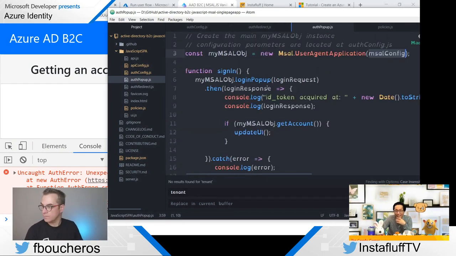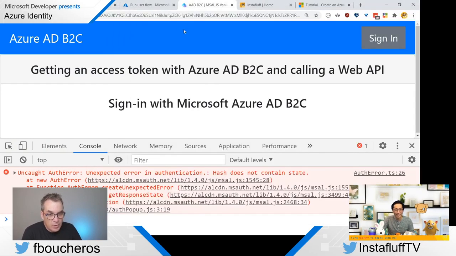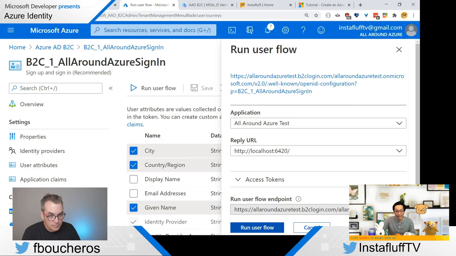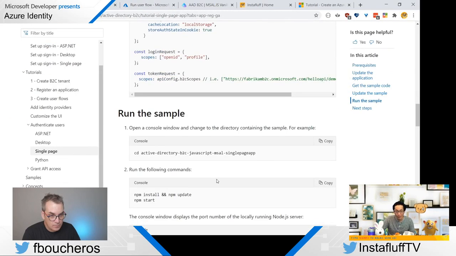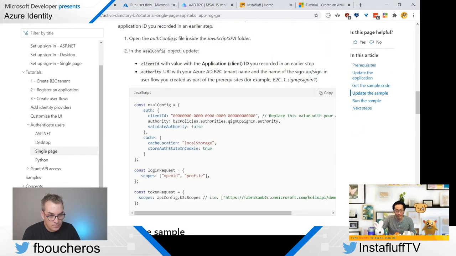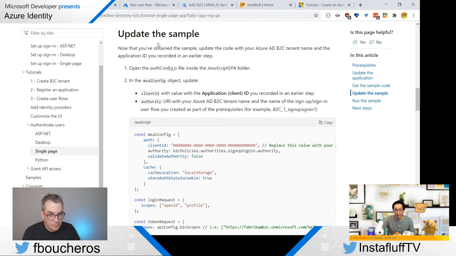Y'all, it seems so close. It feels so close. Under the application, enable authentication, run a sample. And so we did that. We updated sample auth config and then update client ID. We updated client ID authority URI with your name and the name to sign in.